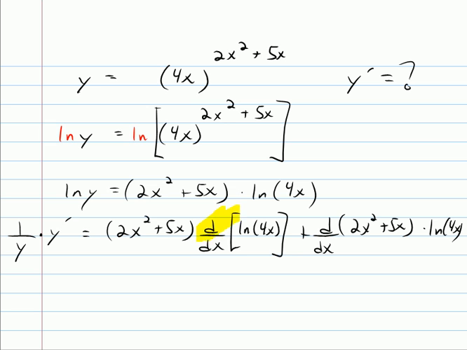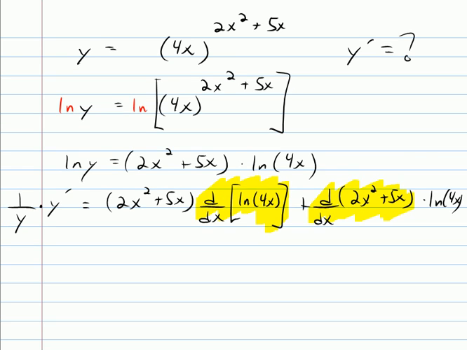Okay, clean this up a little. You need to take care of that one, you need to take care of that one. Not so bad. The first one, you got some chain rule, the second one you don't. So 1 over y times y prime equals 2x squared plus 5x